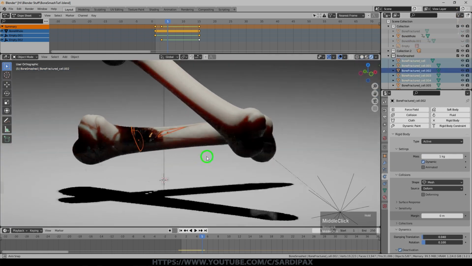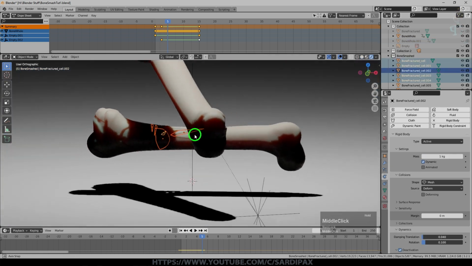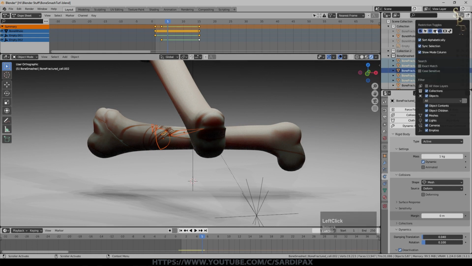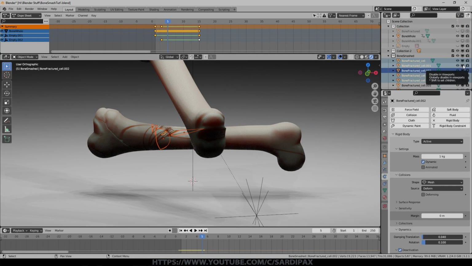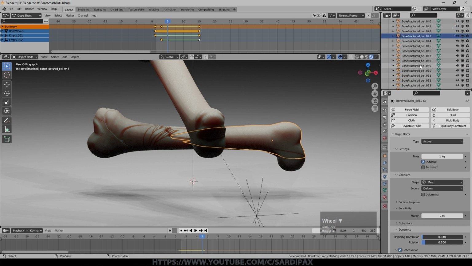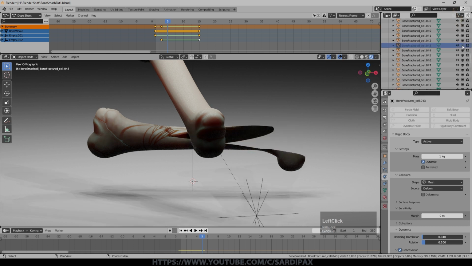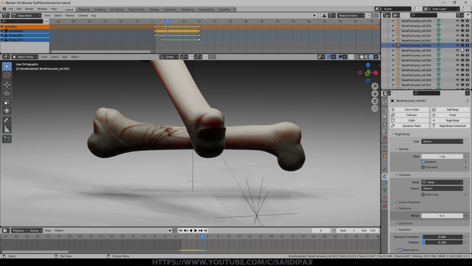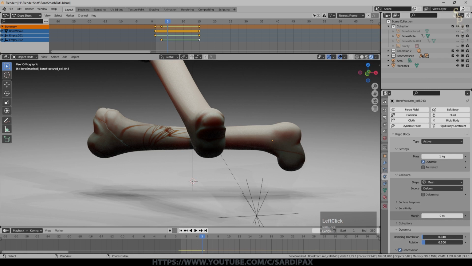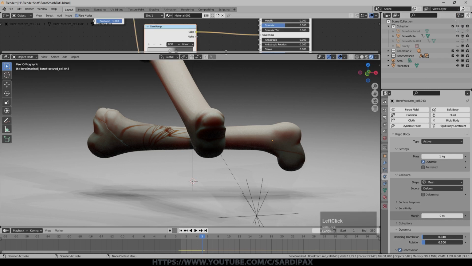If you were just wanting to make an individual object visible and invisible, you can actually turn this one on, which is globally disable in viewport. So if I select this large bone fragment here, if I click that, you can see it disappears, and it will disappear from the render as well. And you can animate that, you can add a keyframe. However, the problem is I've got 100 of these to do, and if you had more fragments, you've got even more. Hopefully they'll fix this. It's been around for quite some time that we haven't been able to animate collections, so it may be a while before that's fixed, unfortunately, but hopefully it will be at some point.